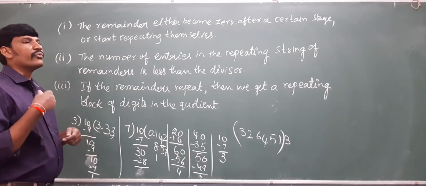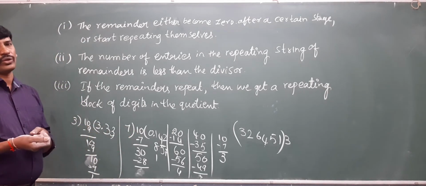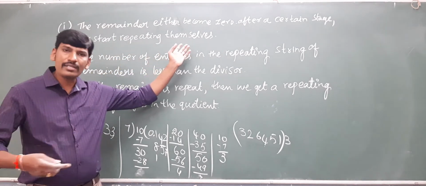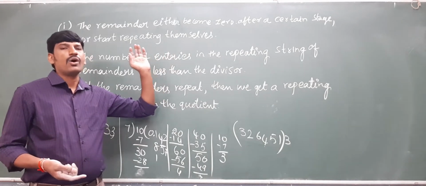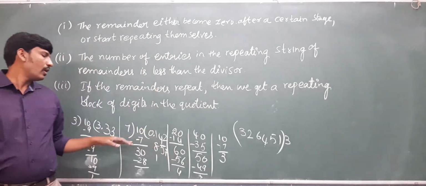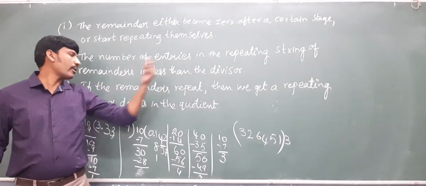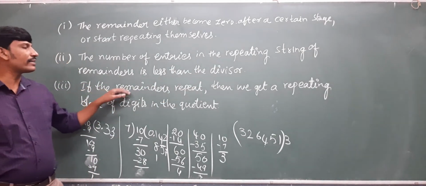Even though the remainder is not equal to 0, they start repeating themselves. The remainders are repeating and repeating. Clear? Whatever remainders we got are less than the divisor. Is that clear, my dears? Now coming to the third point: if the remainders repeat,